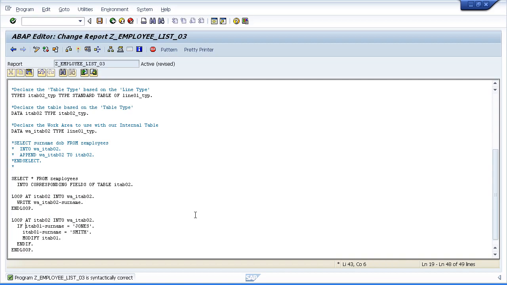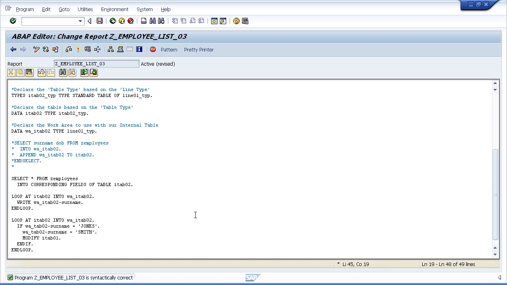So we would then say if WA itab 02 surname equals Jones, then we would modify the work area record to say Smith,